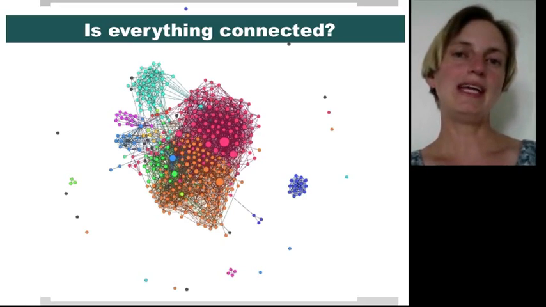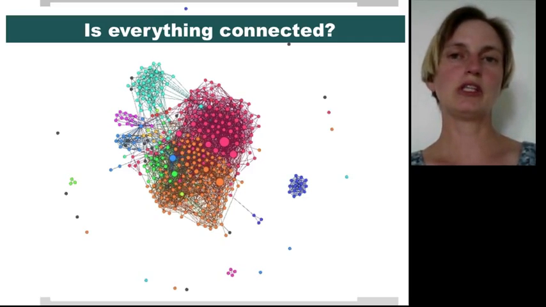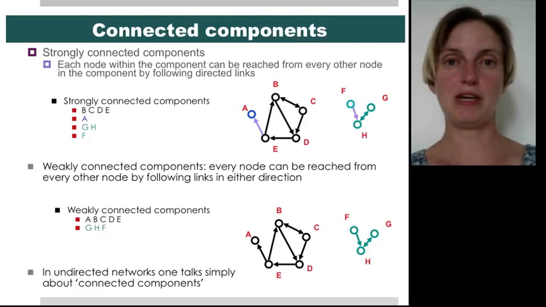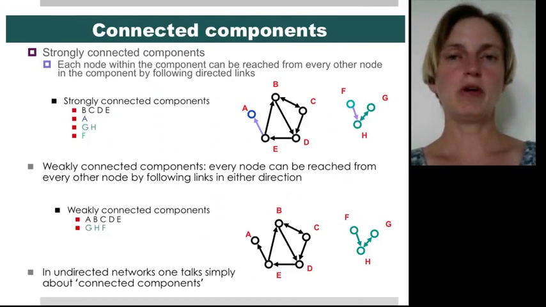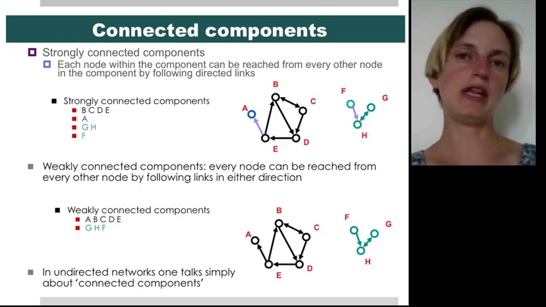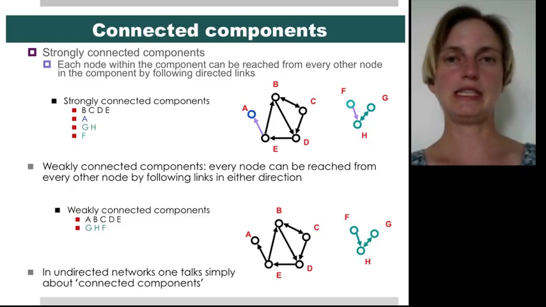We want to know, is everyone reachable from everyone else for the most part, or is the network so sparse that most people have no way of contacting each other through intermediaries? Again, we're going to pay attention to whether the edges are directed or not. And if you do, you can calculate the strongly connected components. The strongly connected components are ones such that you can reach any node from any other node in the network by following directed ties. So for example, here with B, C, D, and E, you can start with any one